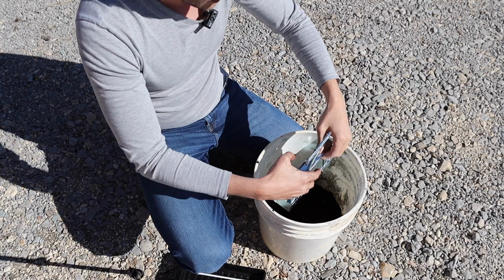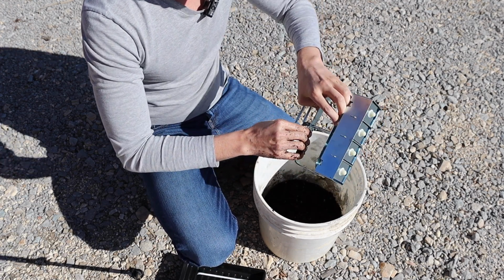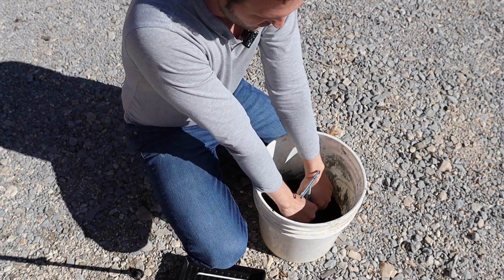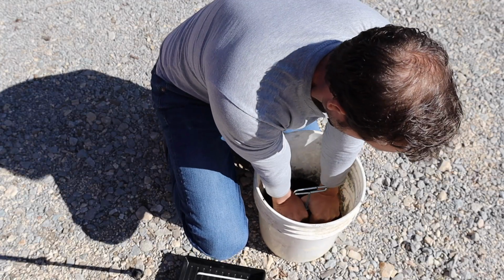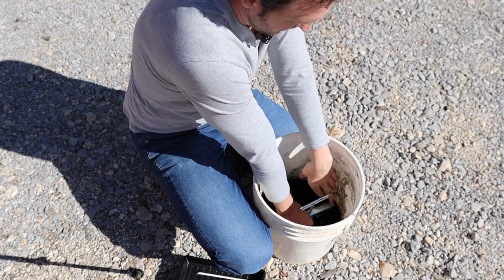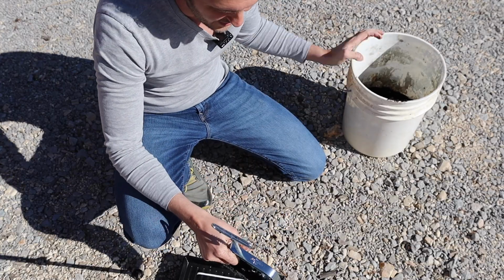Okay, so to make these soil blocks, we're going to take the soil blocker, grab it like this here. So you're pulling, because this is going to push the blocks out when you push this in like this, but you don't want the blocks pushing out right now. So you're going to grab that part that gets pushed down, and you're just going to push it down into the mix. And you just want to pack that mix in pretty much as hard as you can. Because it has a peat moss base and those worm castings, and it's got some perlite in there as well, you pretty much cannot overpack it. Then you're going to take it and scrape it off on the edge of the